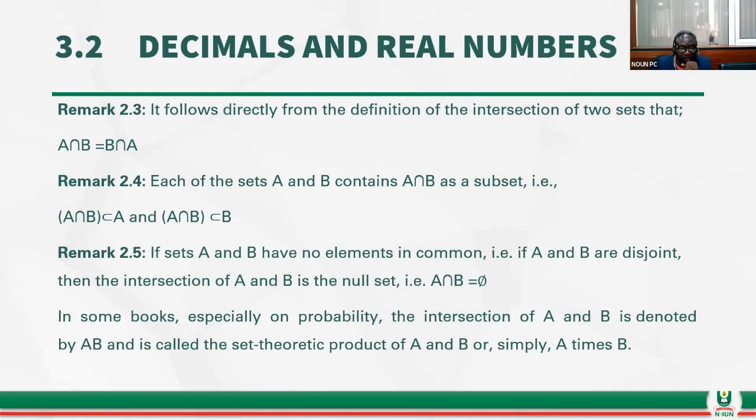Take another remark. If set A and set B have no element in common, it means set A and B are disjoint. And the intersection of two disjoint sets is a null set. I can frame two or three questions from that area for you now. I can ask you to find,